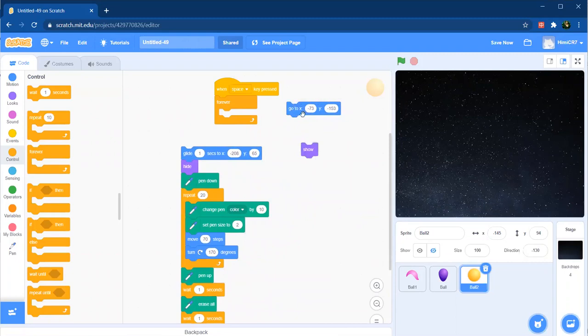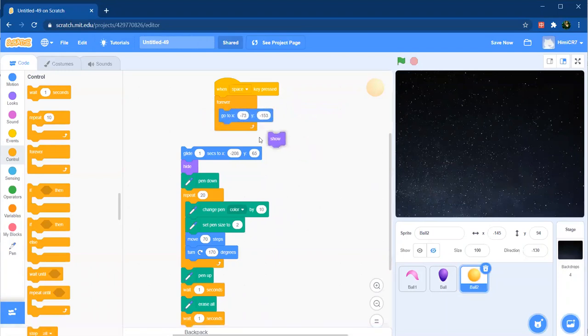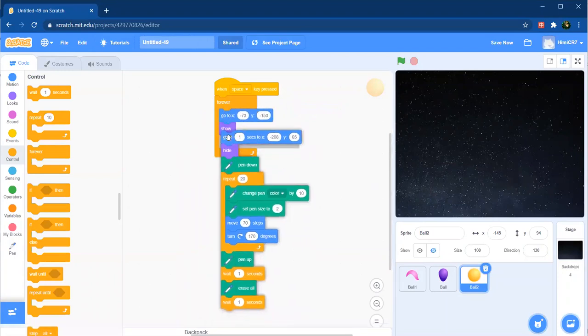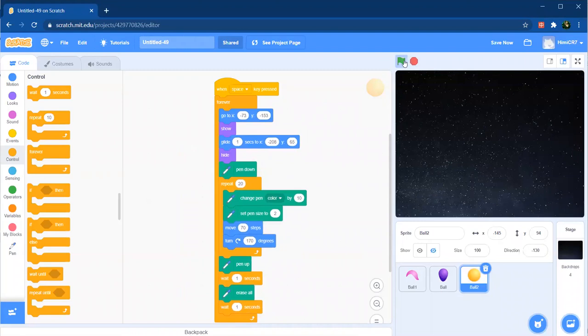Here the x and y coordinates which are entered tell us the location on the output screen. The show block just displays the sprite on the screen. So when we press the space key, we can see the three different firecrackers in front of us about to explode.